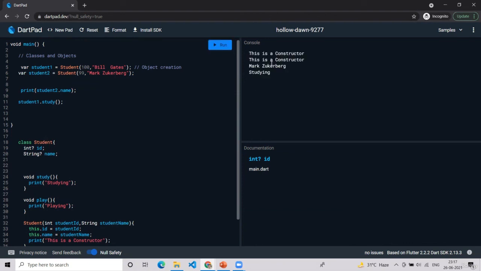You will just see this is a constructor two times it's called because we are creating two objects. That is the main reason. So I hope you have understood the concept of classes, objects, and constructor. You just have to understand this much. More we will see where it is being used when we are in the